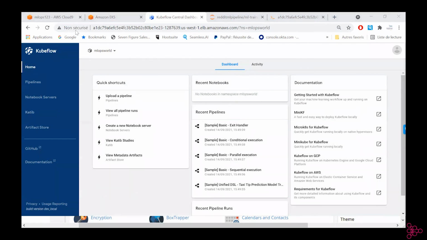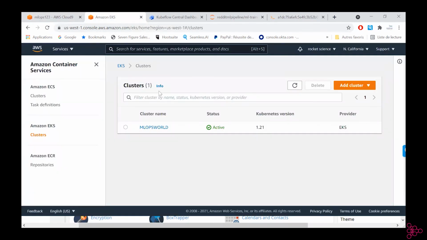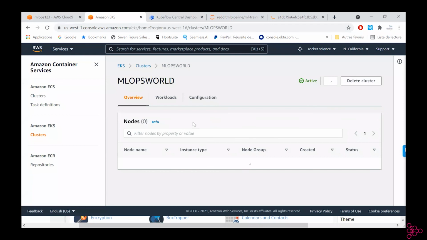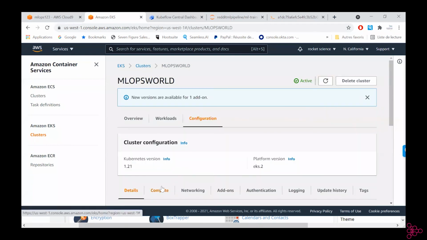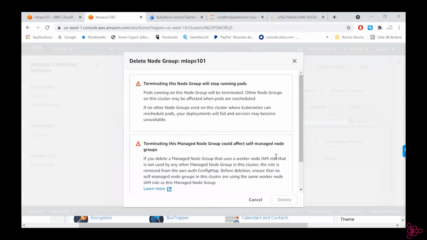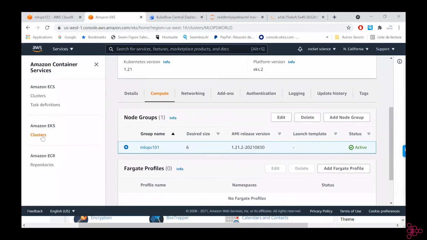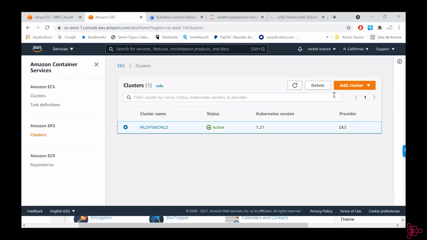I can take questions before ending, maybe with last notes to the users. By the way, to avoid any additional costs, when you're done, delete the cluster. To delete the cluster, you need to start by deleting the compute resources. First, delete the compute resources here. Okay, delete. Then you delete MLOps 101, and after that, you can delete your cluster here.